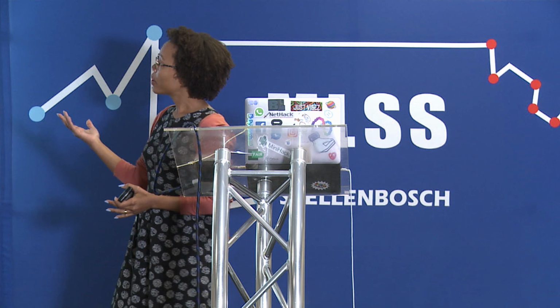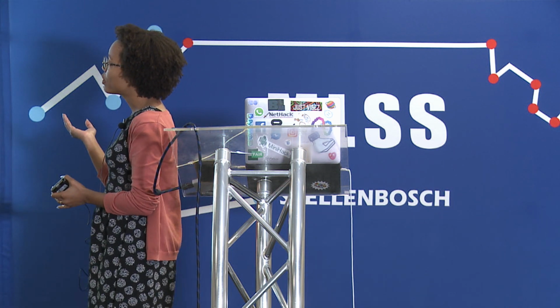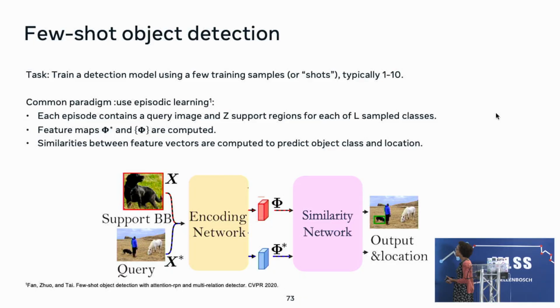So as I mentioned before, the common paradigm that is very dominant for this task is to use episodic learning, where in every episode of your training, you have a query image, and then you have a set of L sampled classes and Z support regions. Okay? So what you do is you follow this sort of high-level